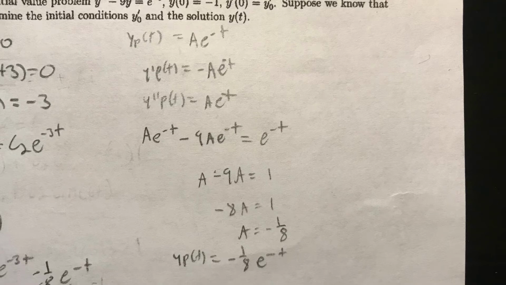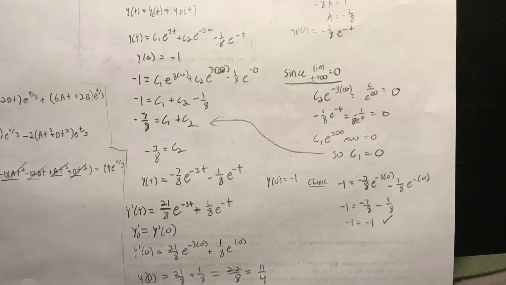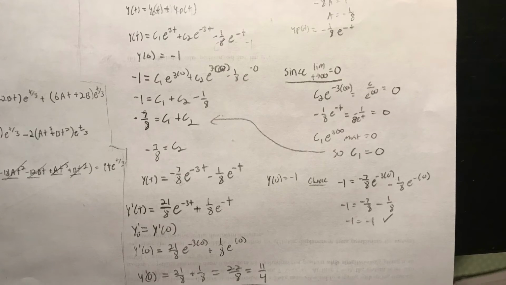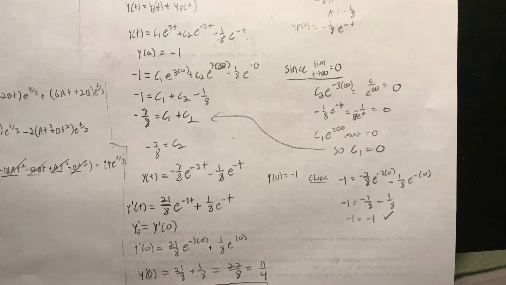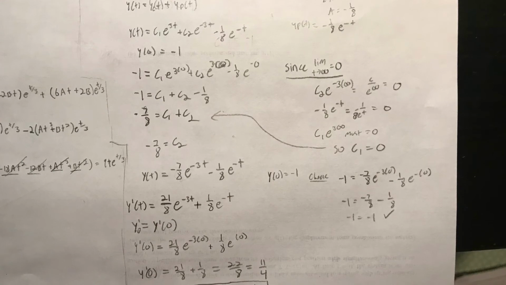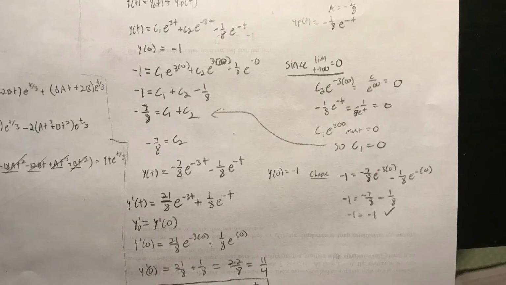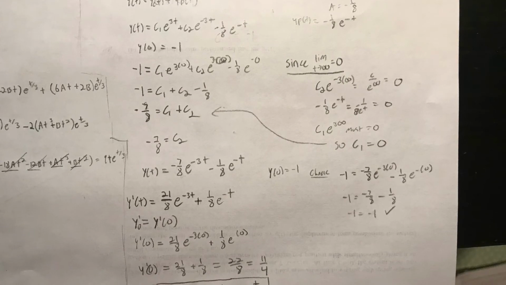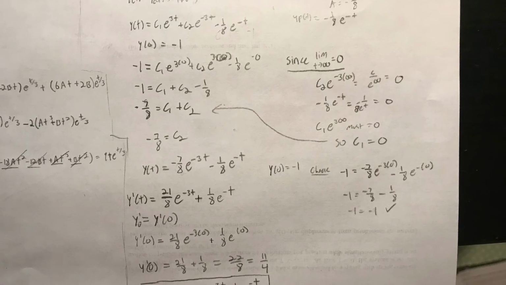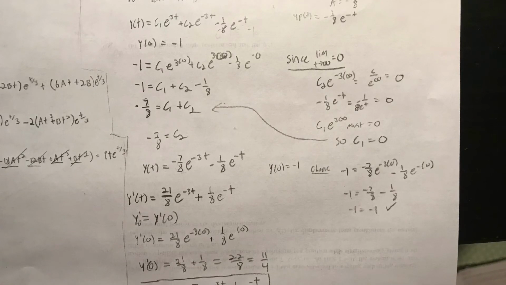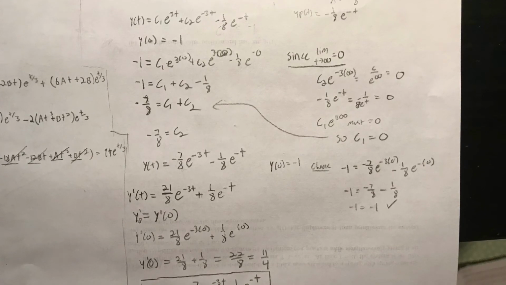Alright, now that we have our general solution and our particular solution, we can combine them, and we'll have c1 times e to the 3t plus c2 e to the negative 3t minus 1 over 8 times e to the negative t, and then here we can apply our initial condition of y at 0 equals negative 1. When applying that, we'll get negative 7 over 8 equals c1 plus c2,